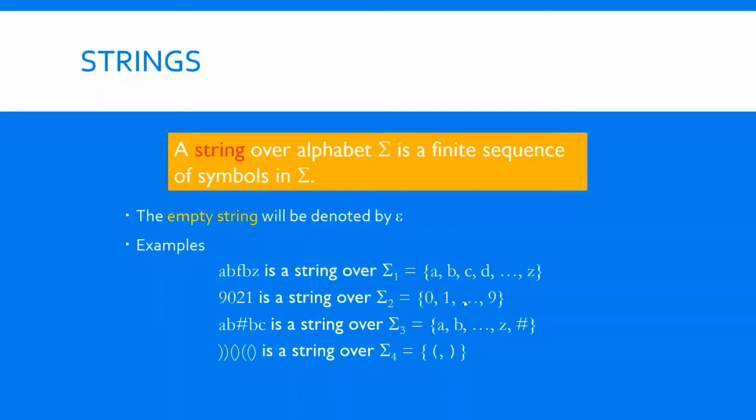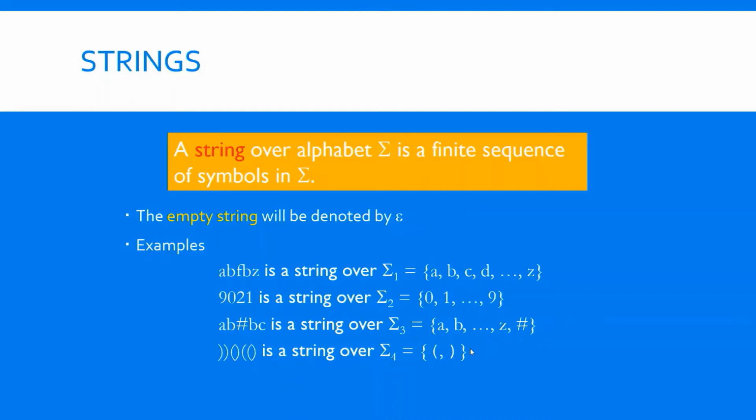1, 2, 3, 4 is another example of a string. 1, 2, 3, 4, 5 is another example. Then suppose sigma 3 is this one. You can take some collection A, B, hash, B, C. This is another example over this alphabet. So forming a string always depends on a specific alphabet. If the alphabet is left parenthesis and right parenthesis, and you arrange these by concatenating them, this is one example of another string, but here the alphabet is this one.